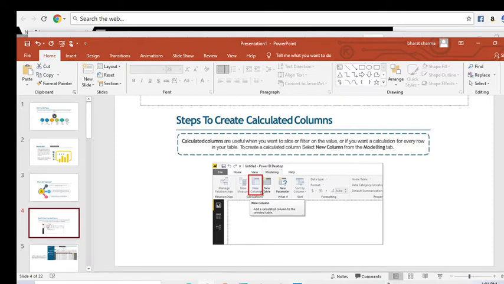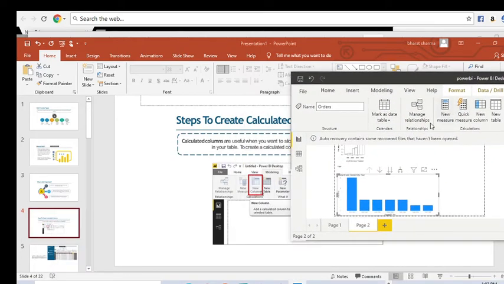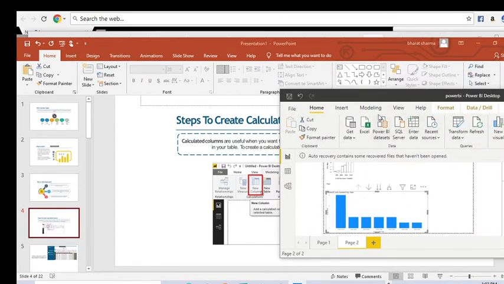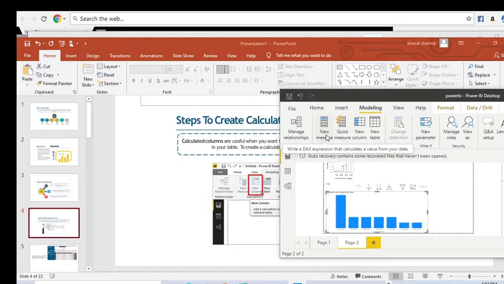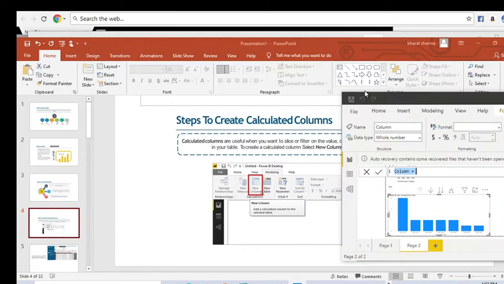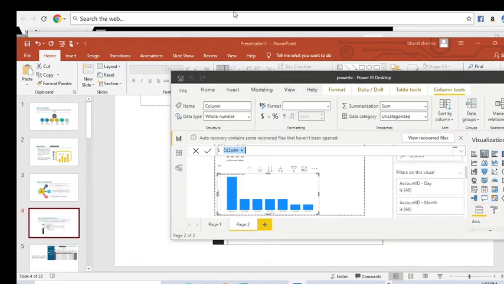Okay, so here's the column. If you go in here and click on Home, then Modeling, and then you go into New Column, you have a new column here, and then you can call it something like this. For example, column equals